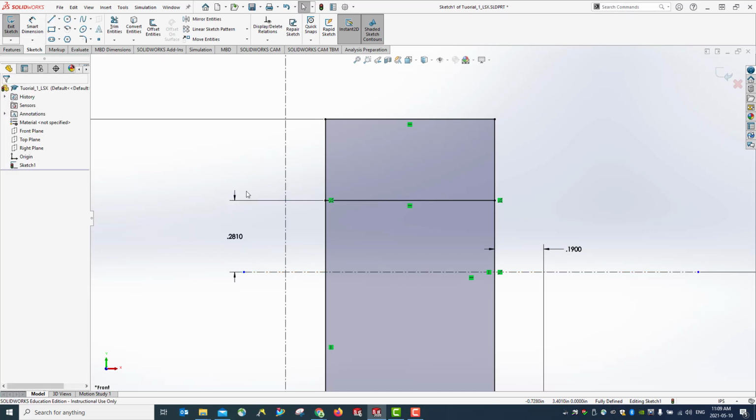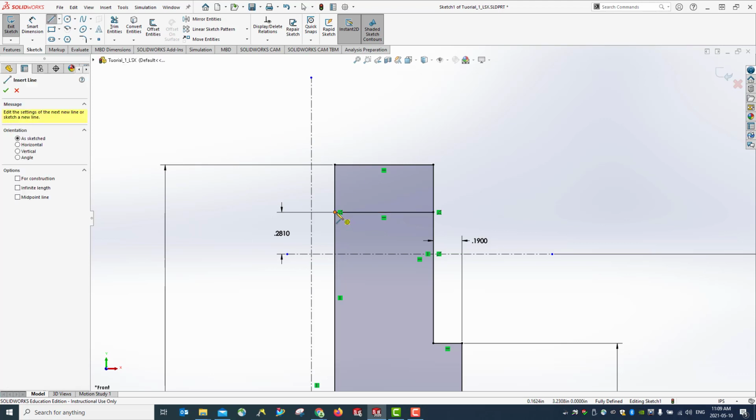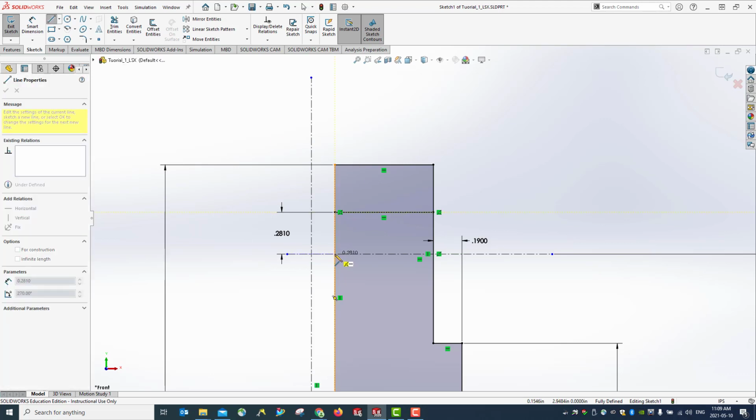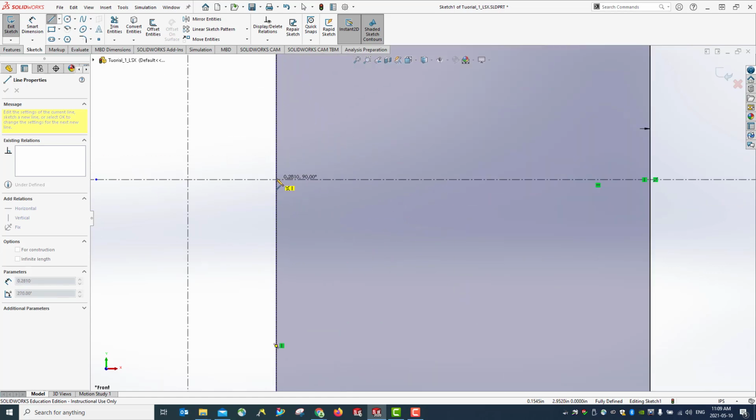Okay. Alright, so I'm going to create another profile using this square, so it can be revolved around this one. So I'm going to create one more. Make sure it's joined